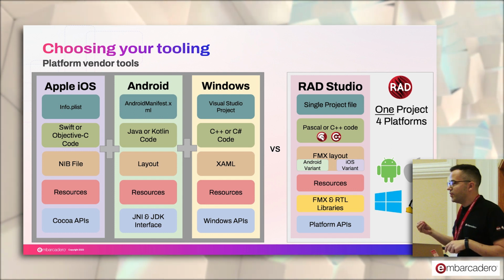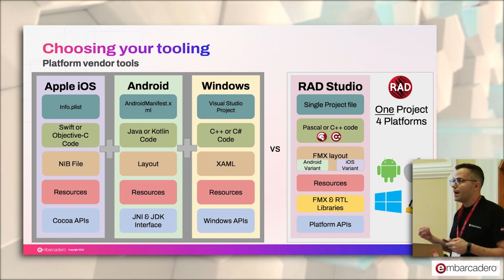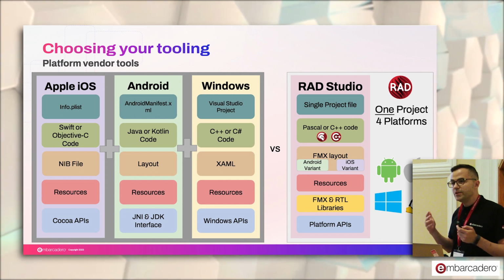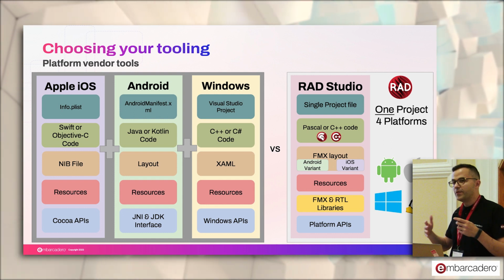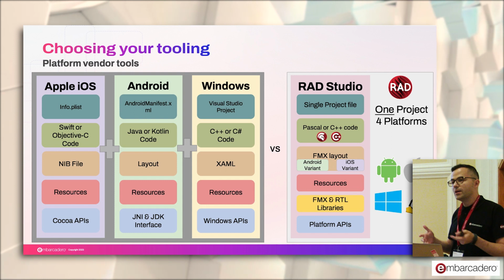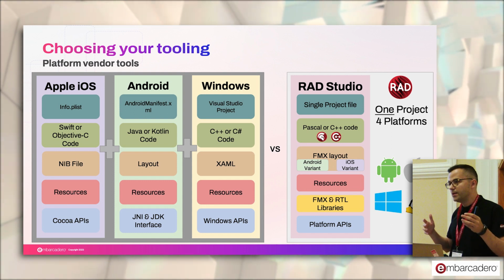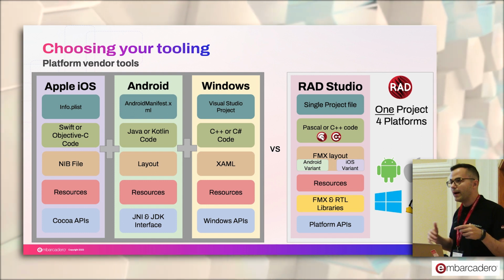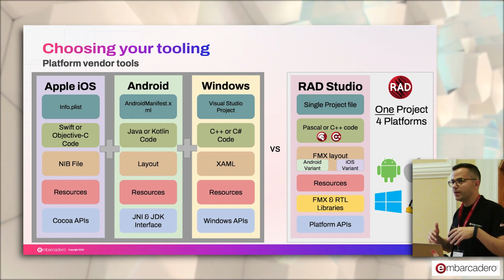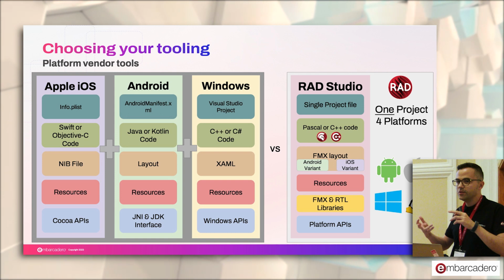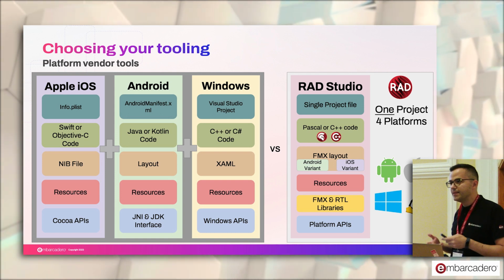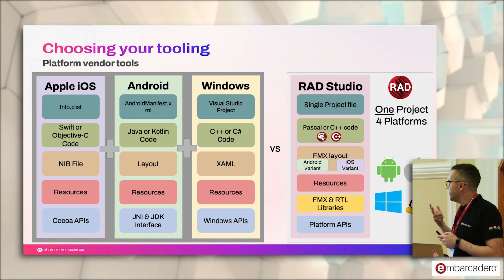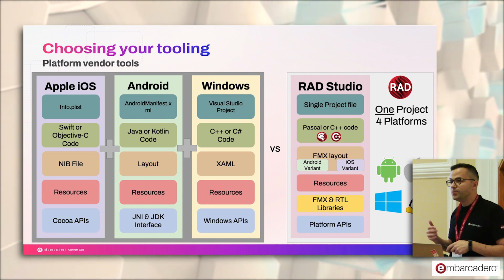I'd like to use the camera component as an example. You just want to use the camera. So we are providing a camera component that you just drag and drop, and then you use the camera. You type camera.active equal true, and off you go. I don't care what is going on under the hood. I don't care if I'm on Android, if I'm on Windows, if I'm on iOS. I just want to use the camera. So that's what FireMonkey is brilliant for.